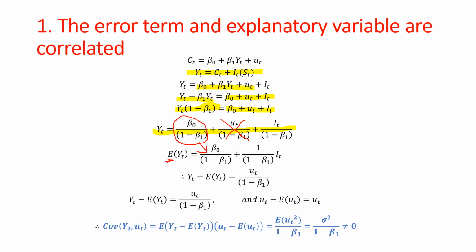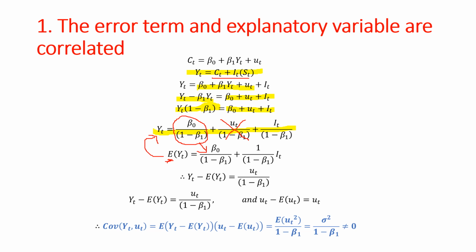So again, we have the expected value equal to 1 over 1 minus beta 1 times I. So Y minus expected value of Y, remember that Y equals C plus I. And the expected value of Y equals beta naught over 1 minus beta 1 plus 1 over 1 minus beta 1 times I. So subtracting the expected value of Y from Y,